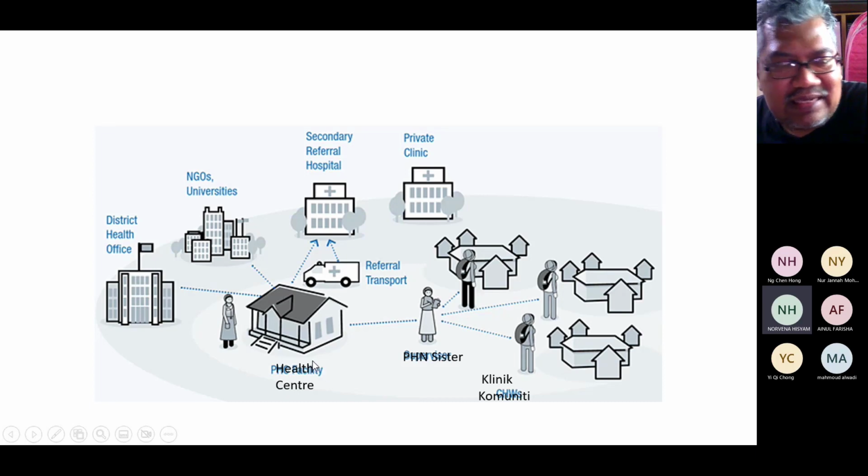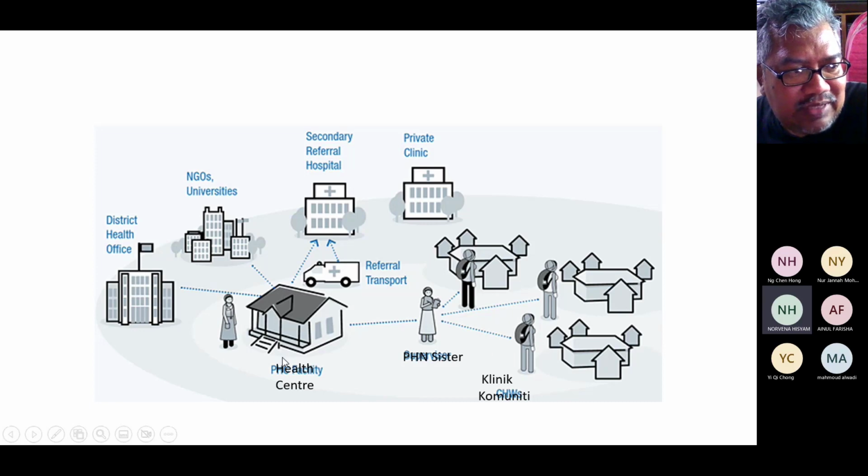The Malay word for it is klinik kesihatan. Last time when we had the 3-tier system, we had the Pusat Kesihatan Kecil, PKK, and the Pusat Kesihatan Besar, PKB. When we migrated from the 3-tier to the 2-tier, all of them are just known as klinik kesihatan. No more Pusat Kesihatan Besar or Pusat Kesihatan Kecil.